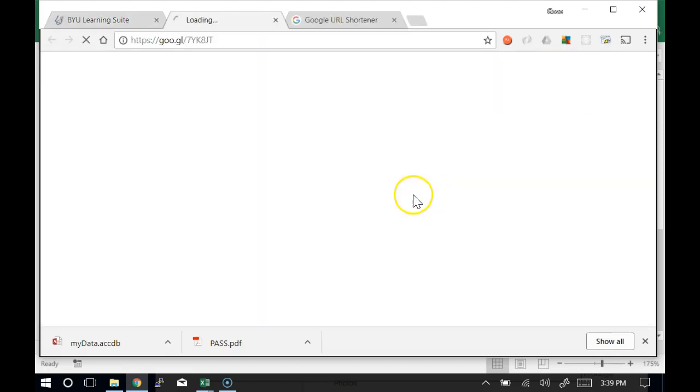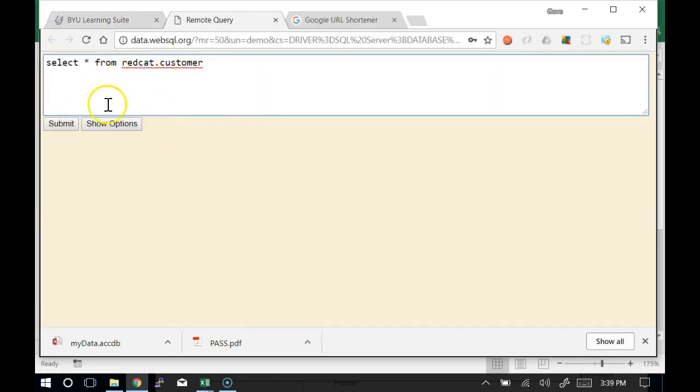Where that should take us is to a web interface. It's like that same picture. We now have a user, but instead of working with Excel, I'm working with a web page. That web page knows how to communicate with the database engine that knows how to get access to the data. And so here's the idea: I can put in some structured query language statement, and if you read